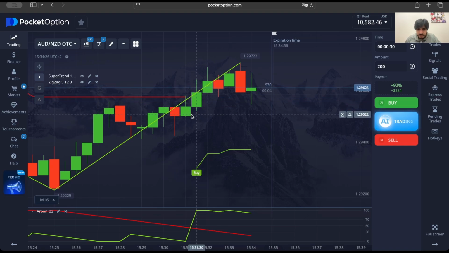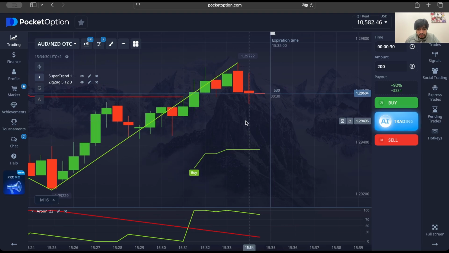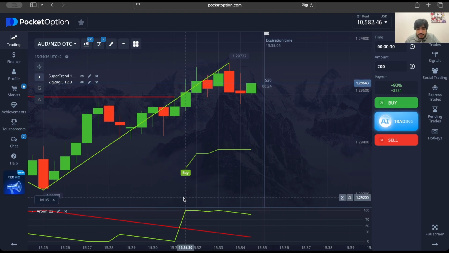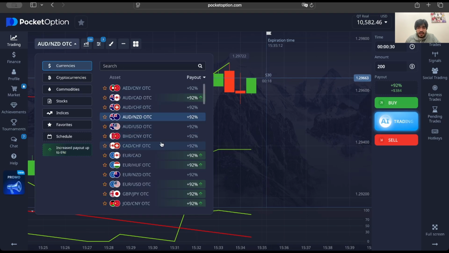Here, step by step, let's check it. Here also it's 1531, and here also, and here also. So this is 1531 to 30, and the red has been overlapping here also, and this also, as you can see. So maybe this is not a good trade for us to take,